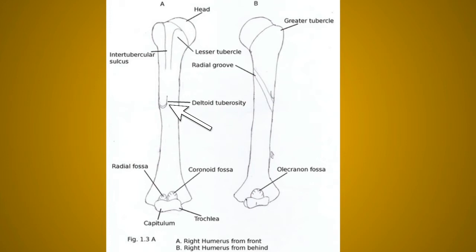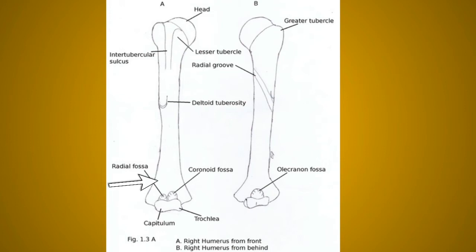Okay. Now the lower half of the anterior border is smooth and rounded. So remember, the upper part of the anterior border actually forms the lateral lip of the intertubercular sulcus or the bicipital groove. The middle part actually forms the anterior margin of the deltoid tuberosity, and the lower half of this anterior border is actually smooth and rounded.